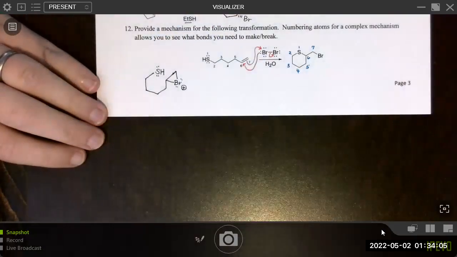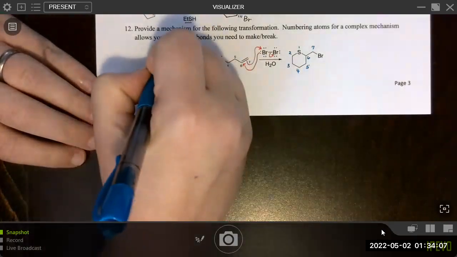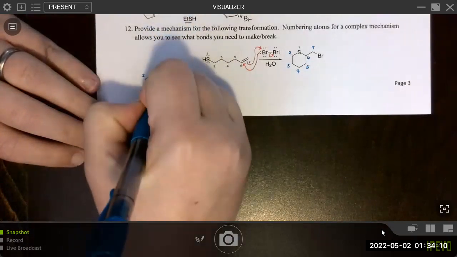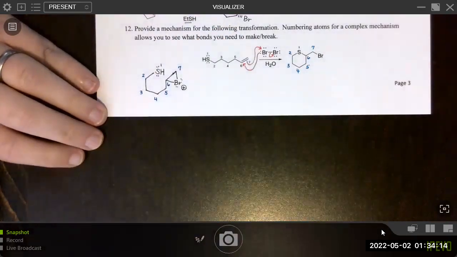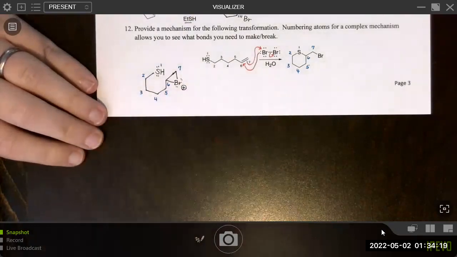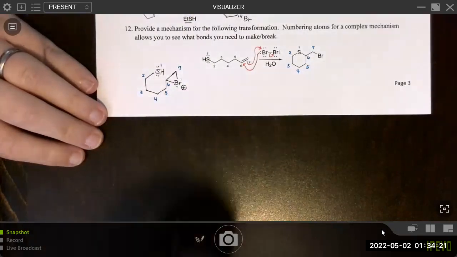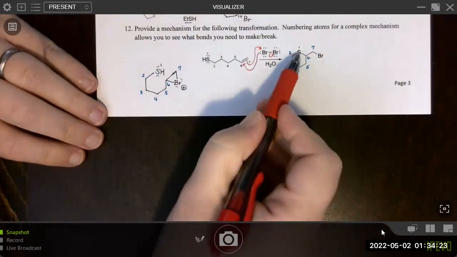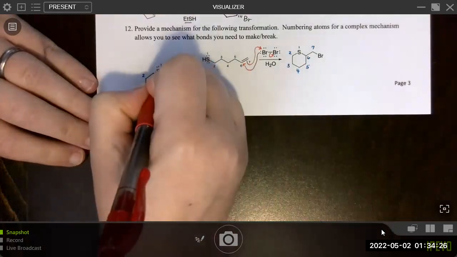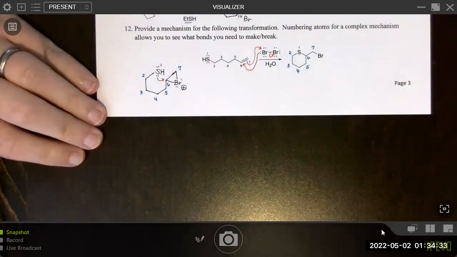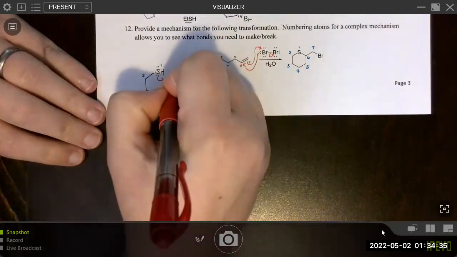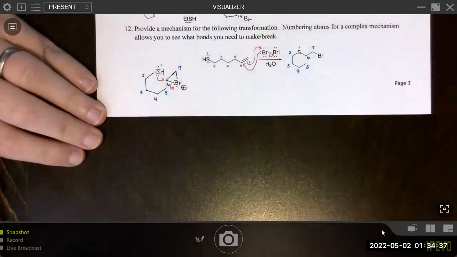If we want to do the same numbering, we can do that. Make sure we've got all of our carbons drawn in. All right, so this is going to go ahead and do nucleophilic attack to form a ring. And it looks like that sulfur is going to be attached to carbon number 6. And that's because 6-membered rings are really stable, and so they're easy to form. And we'll do loss of a leaving group. So this is an SN2 process here.